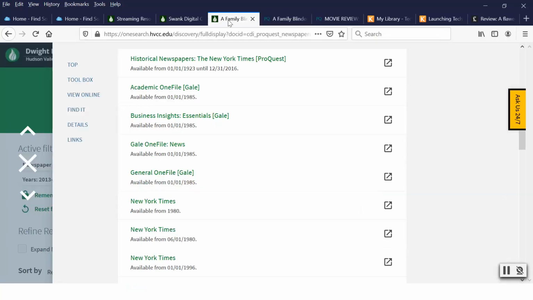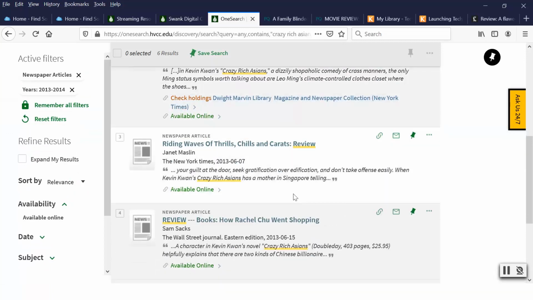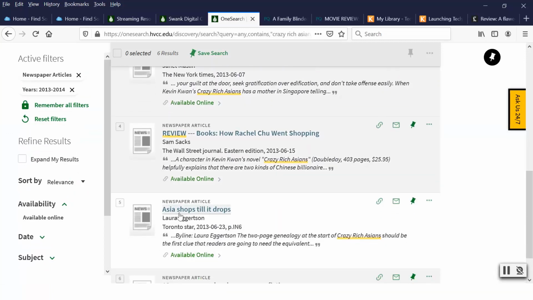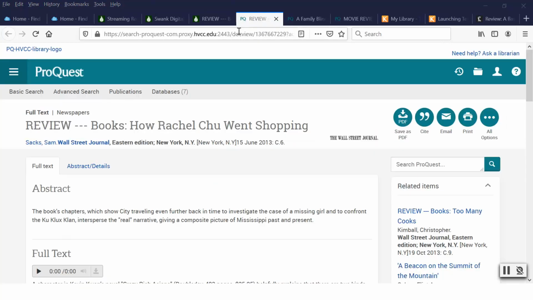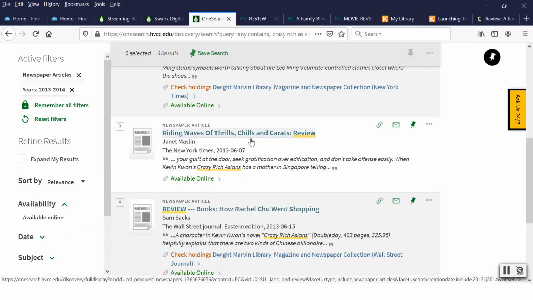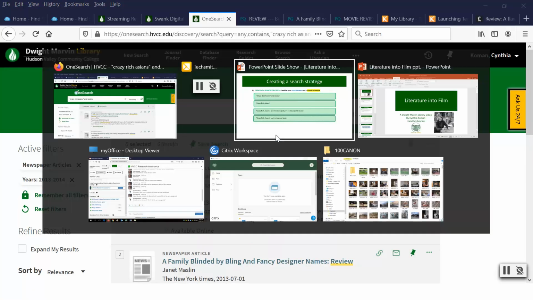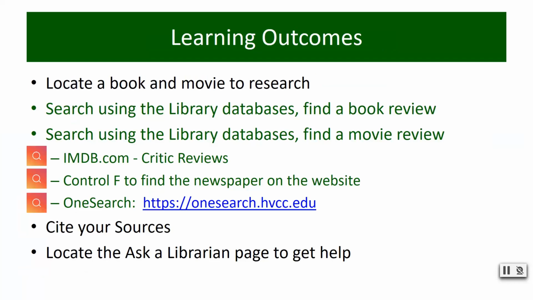All right, so I'm going to go back to my search. And you can see there's a number of different options here. And again, Wall Street Journal is right here in the number 4 search results, so you could probably use this as well. Okay, so that is the basics of how we would do a search within OneSearch to find our reviews. And now I'm going to go back to my PowerPoint and we're going to just talk about